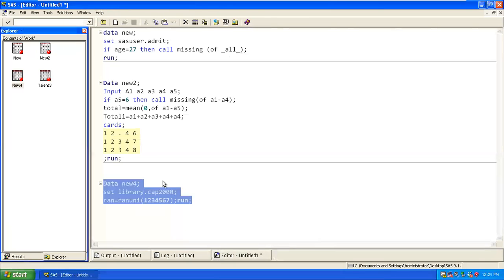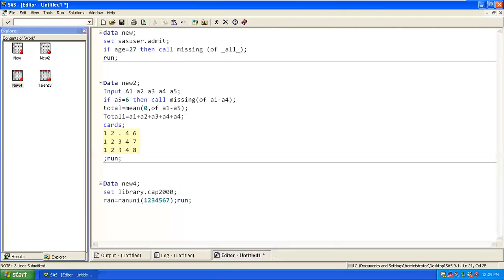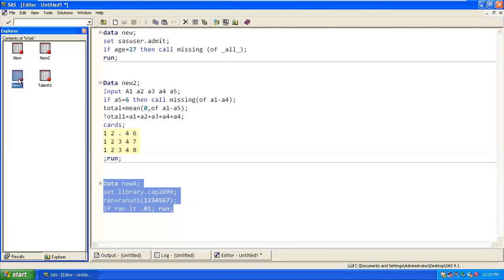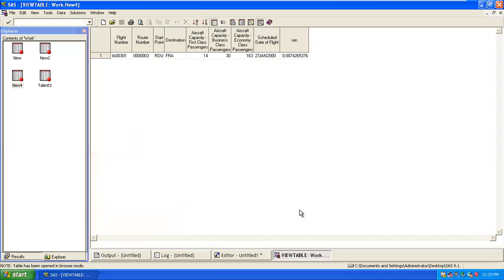Now if I say directly I want 10% of the data, I can say if ran is less than 0.1, this is 10% of your data.